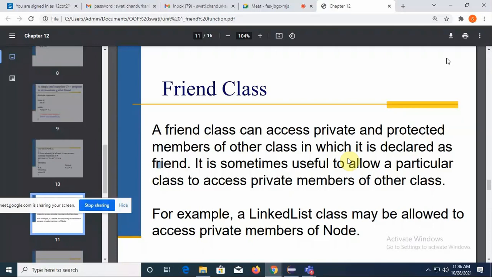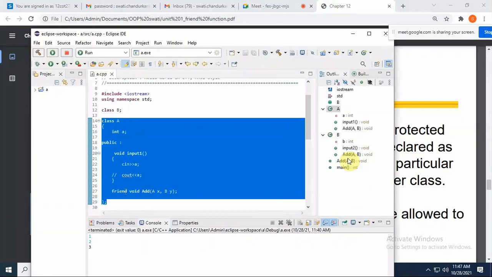And while calling, again, no need for a dot operator and the object, I can directly give a call. So this is about the friend function. This is the one way. Another way is, can I work with a friend function in a single class? So yes, we can work. There is no issue, because when I'm saying friend, friend means it can access the private data. Fine. So that can be done. So this was about the friend function.